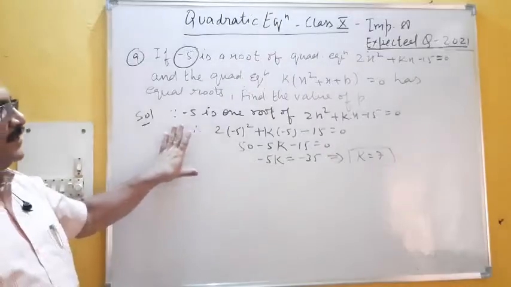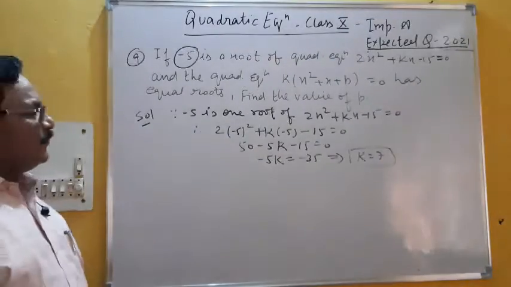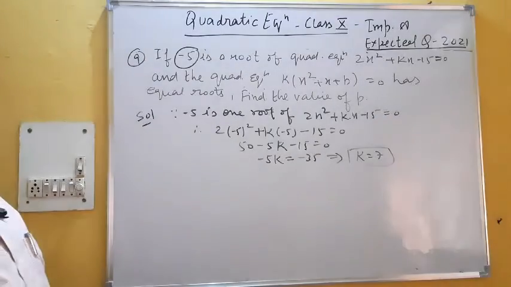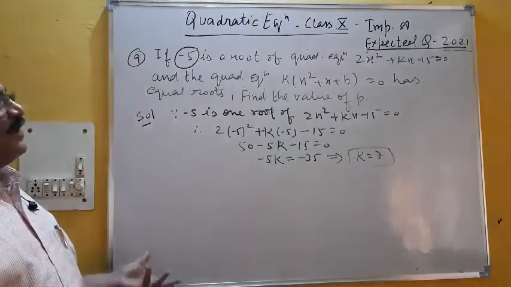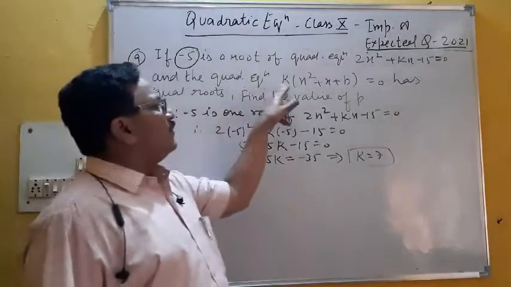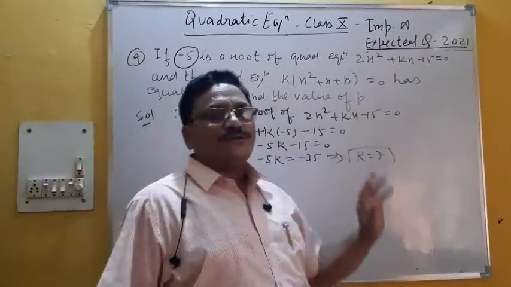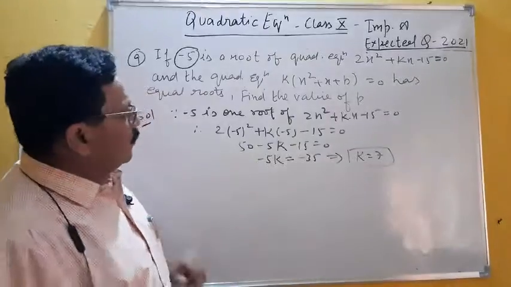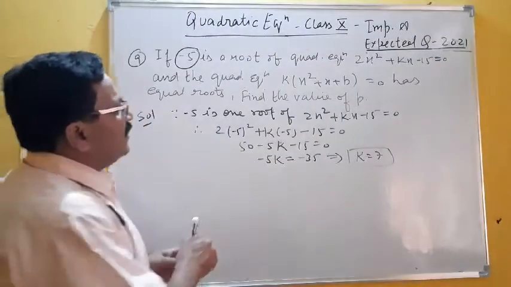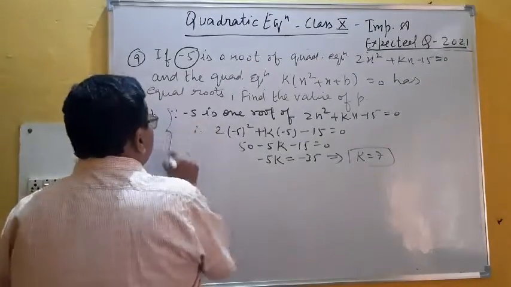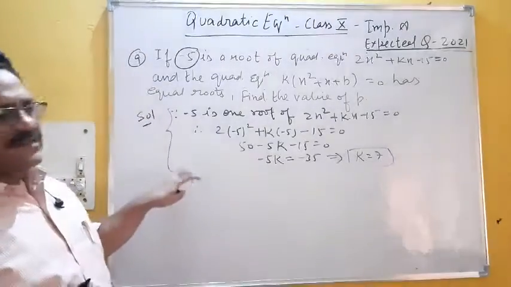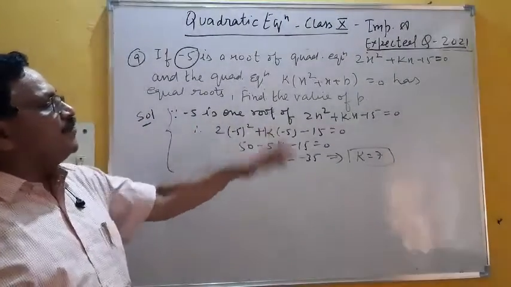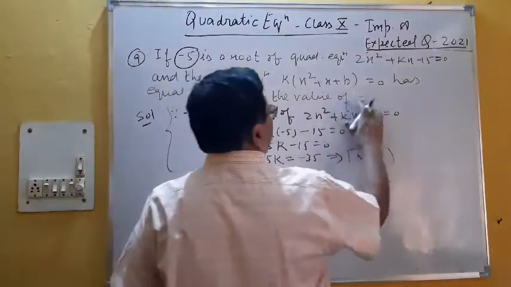So do you think it is required to calculate k? I think it is not required. If I use this formula, when I put the value of k there, and take this side it becomes 0, so 7x square plus x plus p. So what to do now? If the question is to find the value of p, most children will do this first, but it is not required. But if the question asks for the value of k and p both, then it is required.